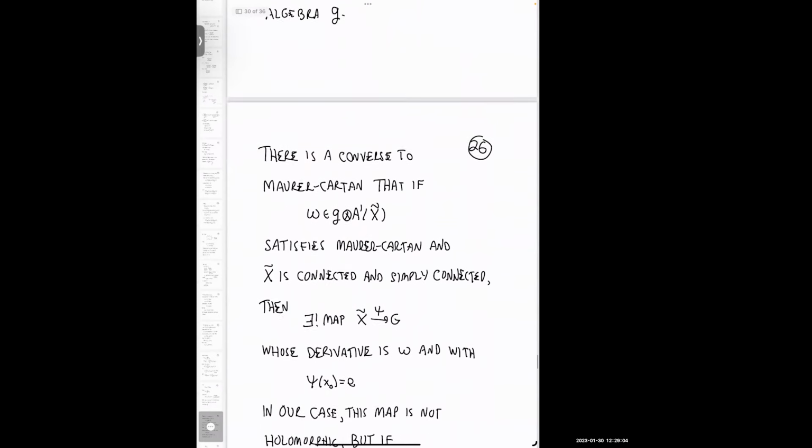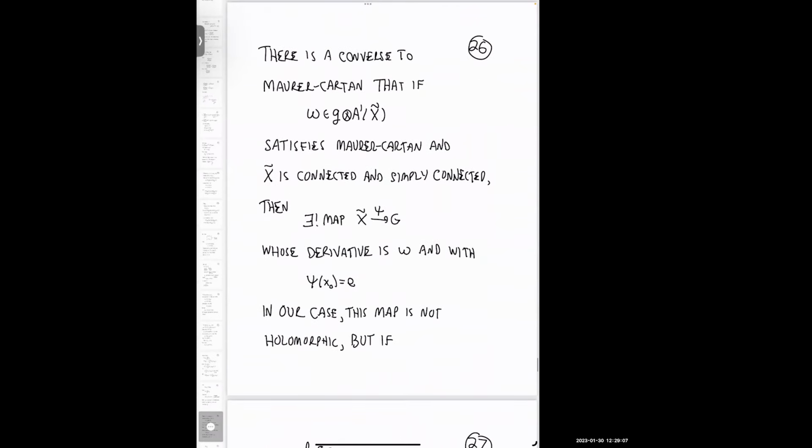And there's a converse to Maurer-Cartan, which Phillips says was proved by Cartan, that if you have an omega that satisfies Maurer-Cartan, and now I'm going to X tilde, the universal cover of X, then if X tilde is connected and simply connected, there's a unique map to G whose derivative is omega,